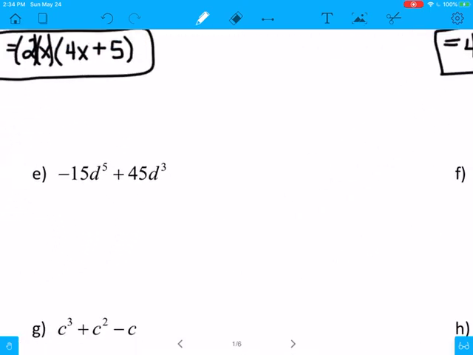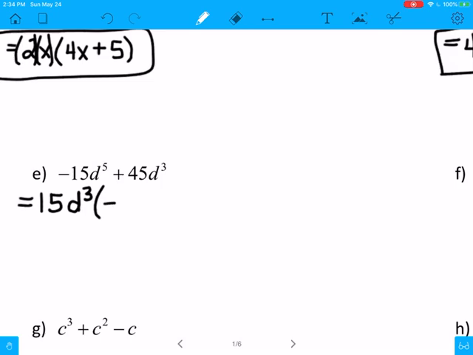If I look at E, I have negative 15d^5 plus 45d^3. I can take out a d^3 because that's the largest I can take out of both. And out of 15 and 45, I can actually take out a 15. So I can take out a 15d^3. Now I'm left with